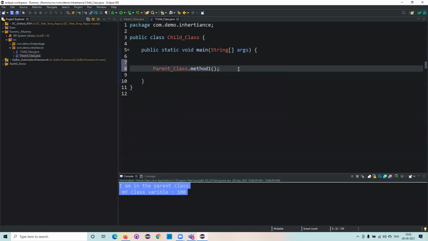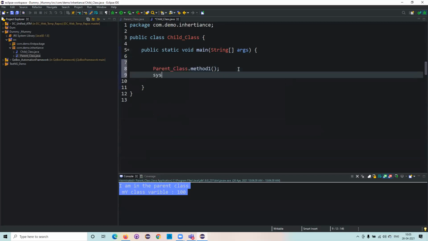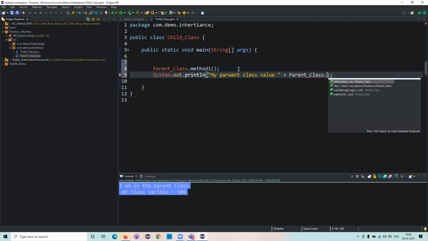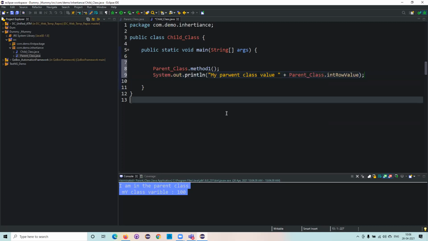So this is method one, and sys out. I need to come here and say my parent class value. So here I'll be adding that one dot intro value. So this is how I'll be accessing normally.